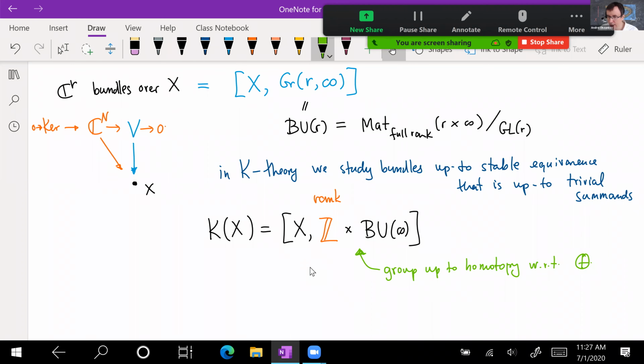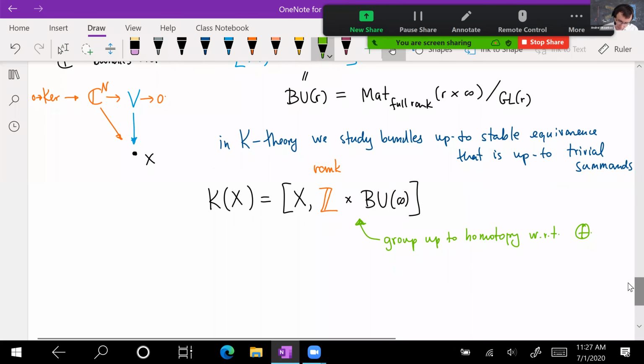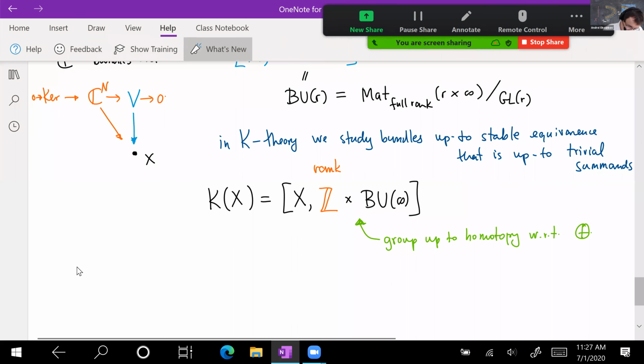The ranks add, and the corresponding data here is going to be two matrices, one stacked on top of the other. So that's the group. So now if we want to do the K-theory,